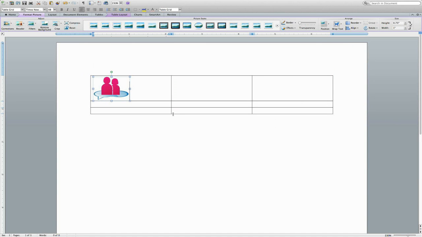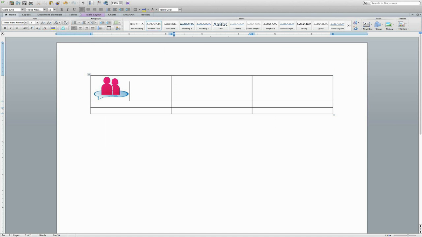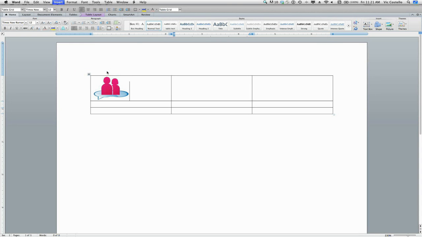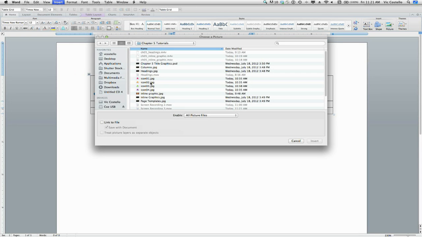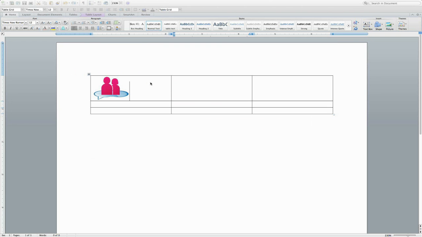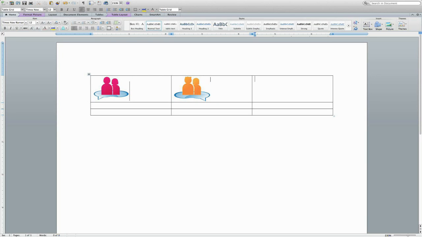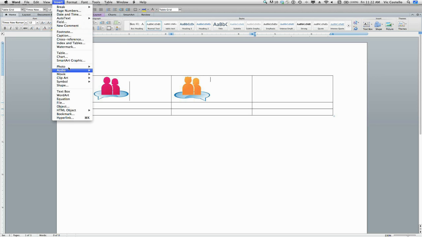I'll tab over so that my insertion point is now in the second cell, and I'll go back to the top and insert image number 2 from File. Icon 2, this should be the image of the orange silhouette. And I'll tab over one more time, placing the insertion point into the third cell, and insert picture from File,